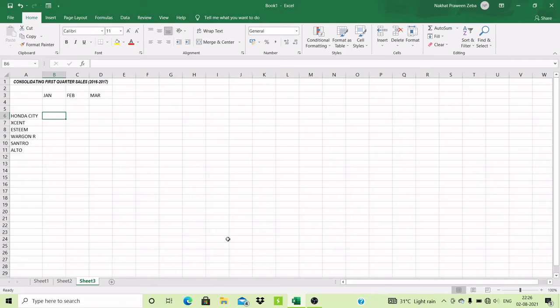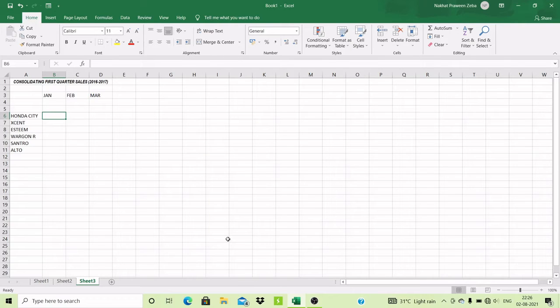If we want to combine multiple worksheets in a single worksheet, in this case we can use this feature. So consolidating helps in combining the data of multiple worksheets. You can combine data of various ranges either in the same sheet or in different sheets also. Okay, so let me show you with an example.